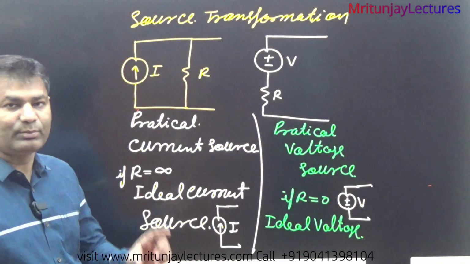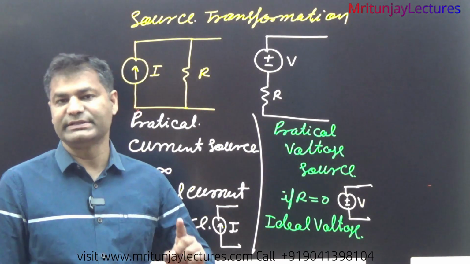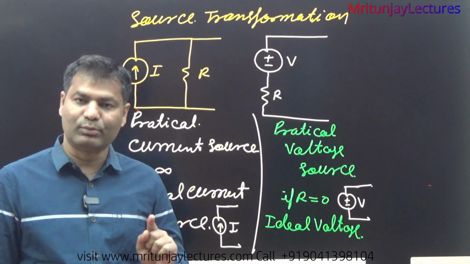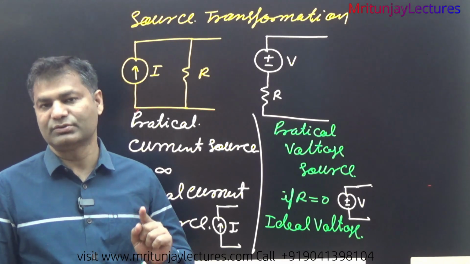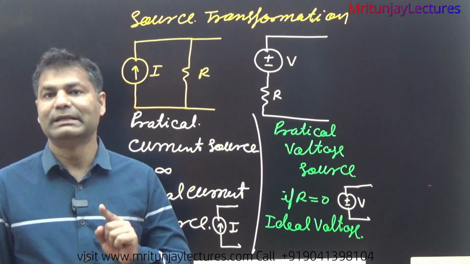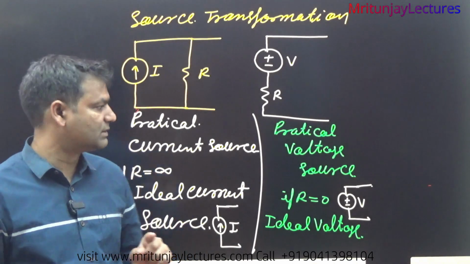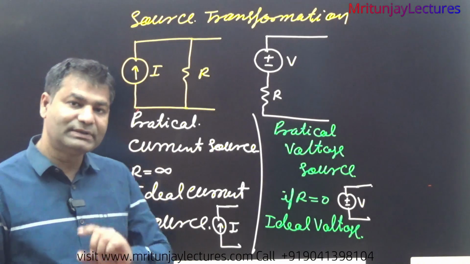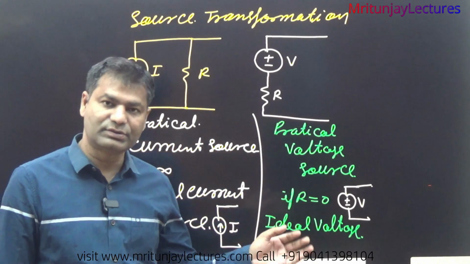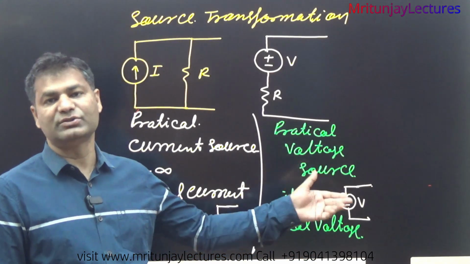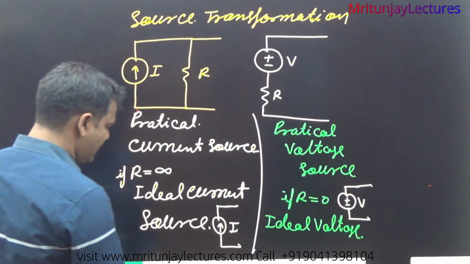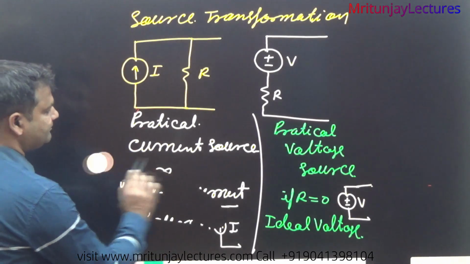So what is the meaning of a voltage source and a current source? What about a practical voltage source, an ideal voltage source, a practical current source, and an ideal current source? They are represented like that. After that, how can we convert a practical current source to a practical voltage source, and a practical voltage source into a current source? First of all, make it. After that, I will focus on